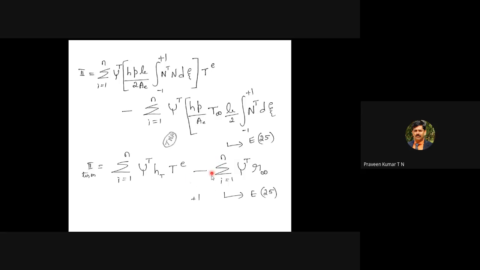Why you get a negative sign here is that heat is lost to the surrounding medium by convection. In a simple way, imagine a red hot rod. Heat is lost to the surrounding medium by convection, and how much heat is lost is given by the r infinity vector. R infinity means it is convective heat transfer because we have T infinity, which refers to the ambient temperature. Hence it is referred to as r infinity. Wherever there is r infinity, that refers to convective heat transfer. Wherever there is r_Q, it is referred to as the heat generation vector.